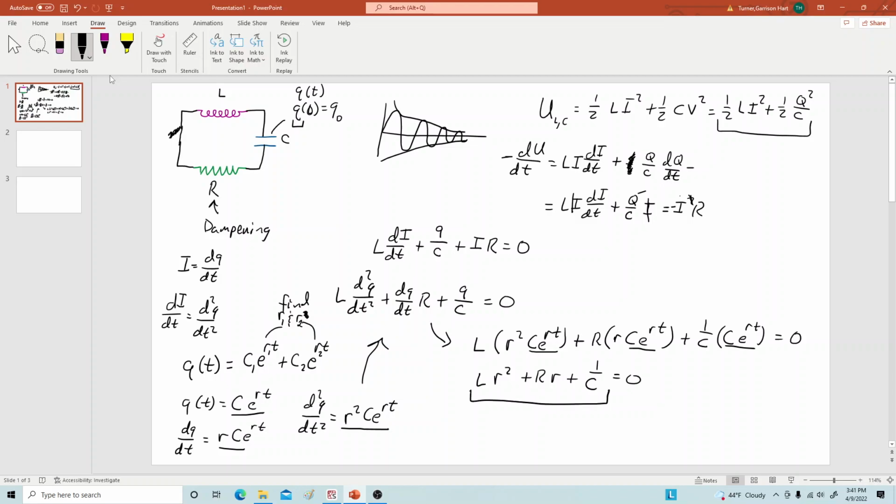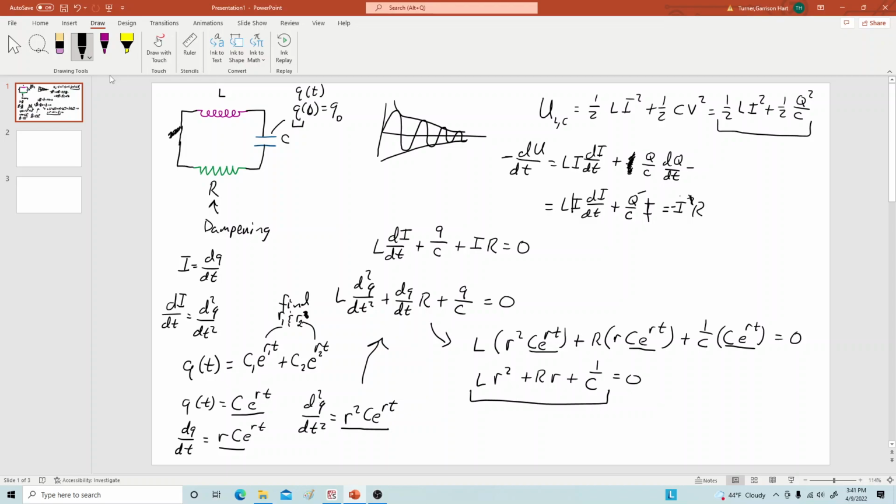Okay, so it turns out that if I can write my solution as an exponential solution, then the values for r that I'm looking for turn out to be the roots of a polynomial equation. When you're working with a second order differential equation, this will turn out to be a quadratic equation. And therefore, quadratic equations, we know, have two roots. So, what do those roots look like? How do I find them? Well, if you recall,